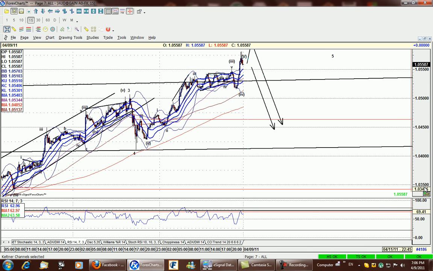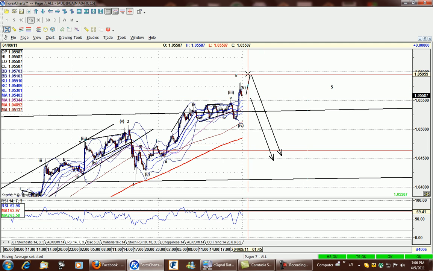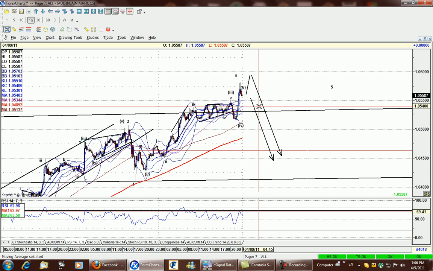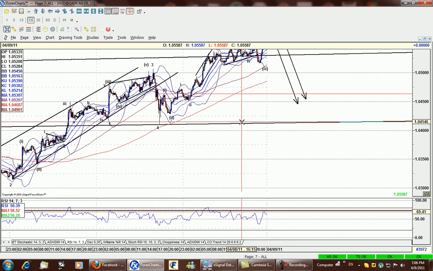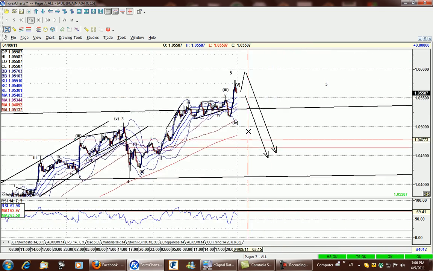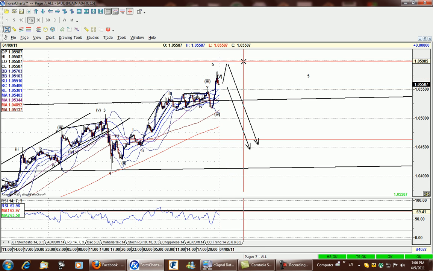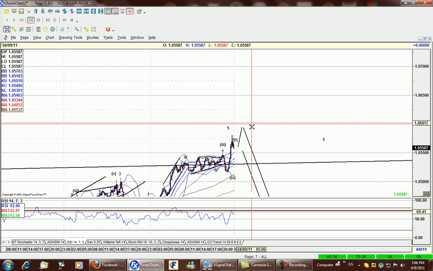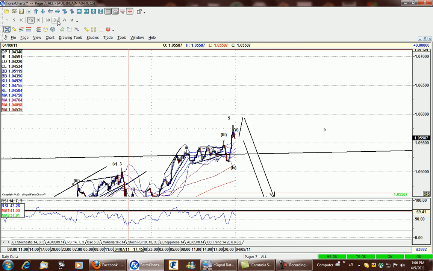And I believe that on the open on Monday we might see a try into the 1.06 level before it rolls over to at least test these lows here, the 1.40, and maybe much lower. So I'm planning a short position at 1.06 and the stops, I'm not sure where to put them at this moment, but we are closer to a top than a bottom. And looking at the daily charts,